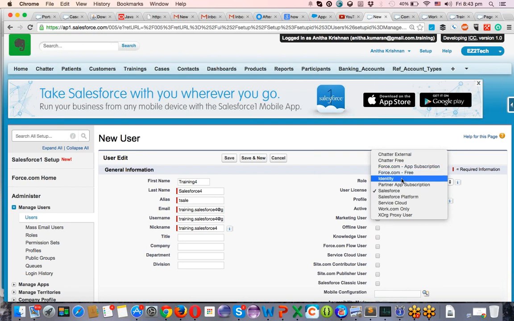Identity is only if you want to use just the Salesforce username and password; you can use the Identity license. This license costs less because Salesforce is providing only the authentication layer.